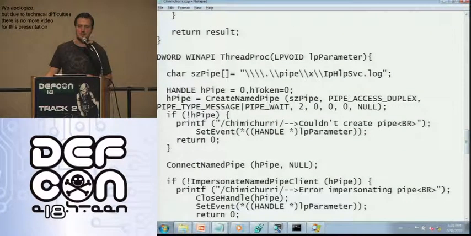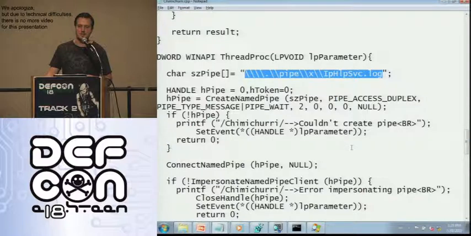You can see here the name of the pipe, with the file name that is created by the service when the tracing functionality is enabled. So we set this value in the registry, and then enable file tracing, and we get this file, the named pipe, being accessed.